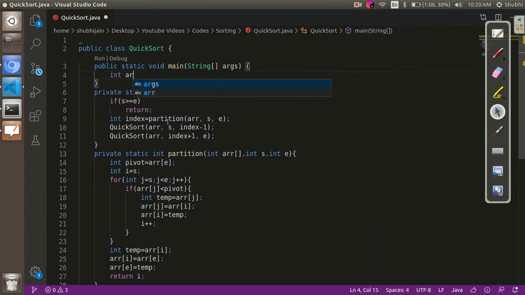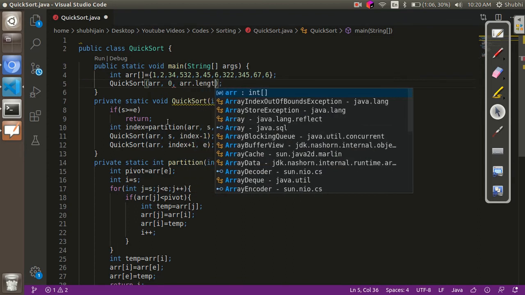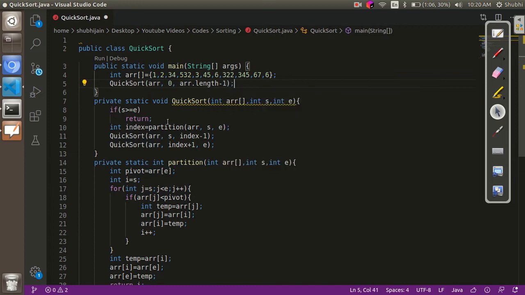Now I'll have an array and I'm going to place my numbers. And I'll call quicksort on the array. The starting is from 0 to array.length minus 1.